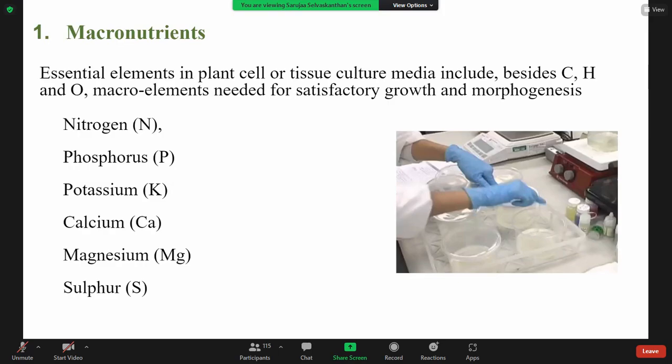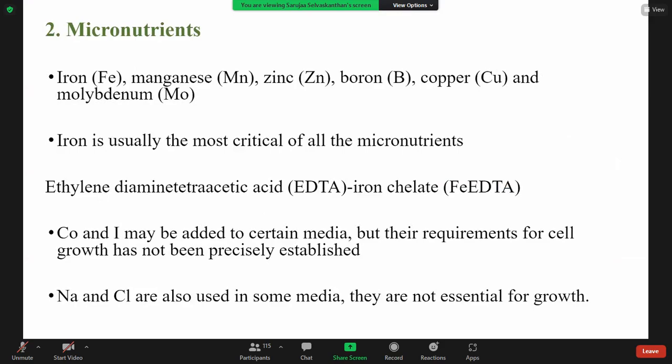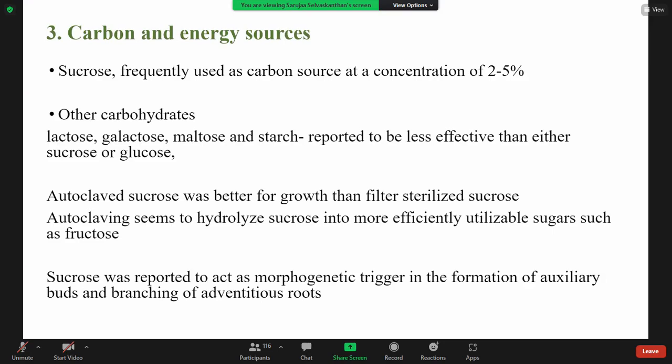Micronutrients: iron, manganese, zinc, boron, copper, molybdenum, right? These are the widely used micronutrients. And for the carbon and energy source, lactose, galactose, maltose, starch are used, but the most efficient one is sucrose, right? 2 to 5%. Very commonly used is 3%. 3% means for 1,000 liters of basal media, if you are going to prepare, we have to add 30 gram